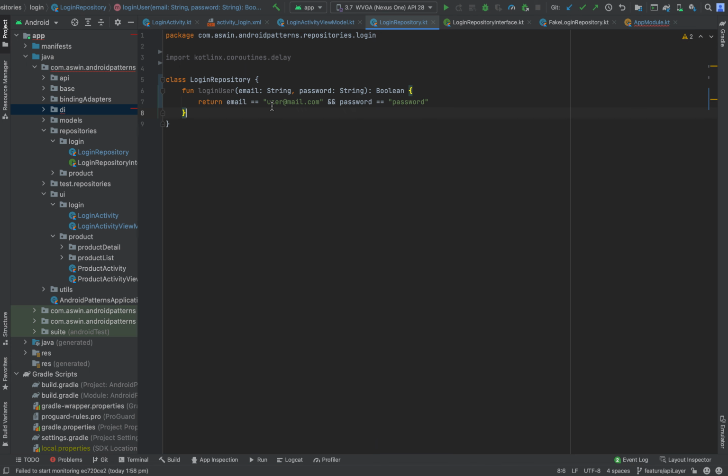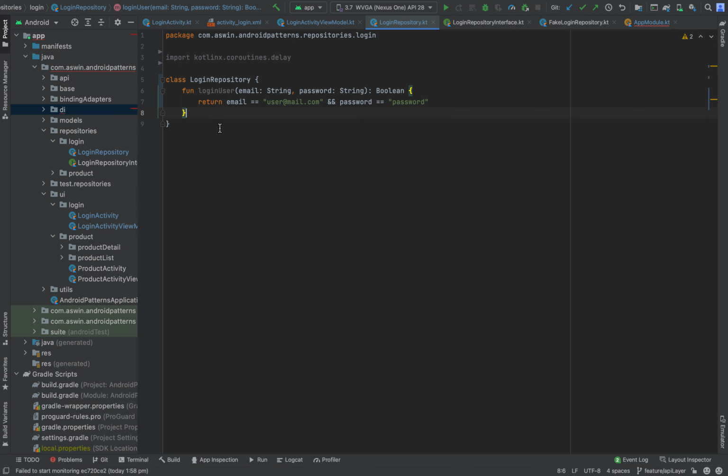Okay. Now we have created the login repository. We can directly use this login repository inside the view model, but there is an issue in this. The thing is, the login repository is not testable. That means when we write test cases, we don't need to use the actual API calls. Instead, we need to create fake repositories that do the same actions as the actual repositories.